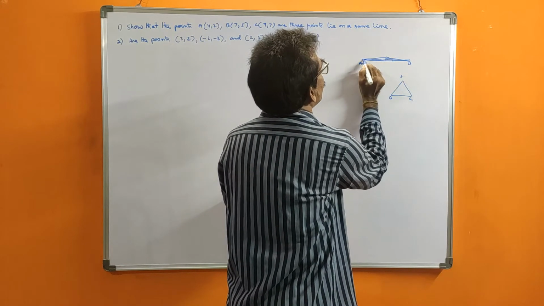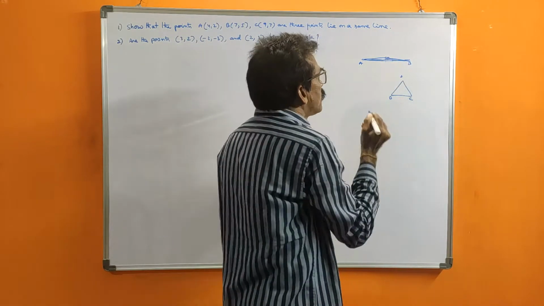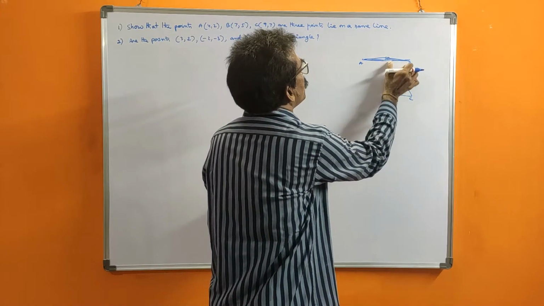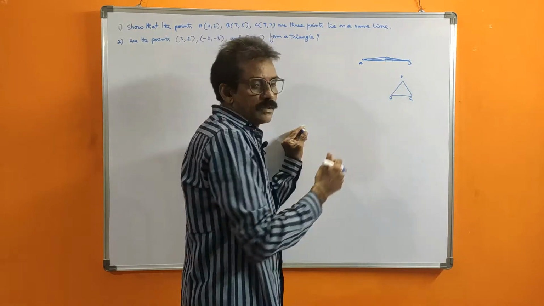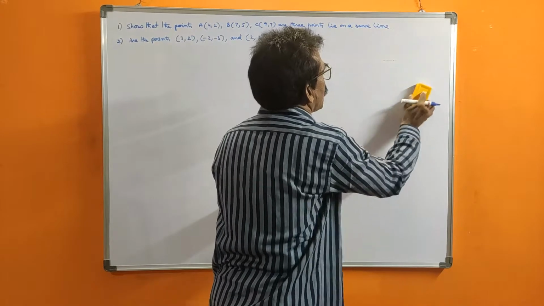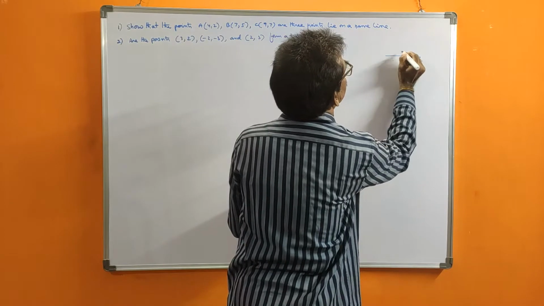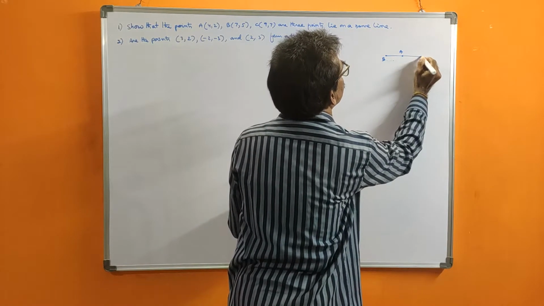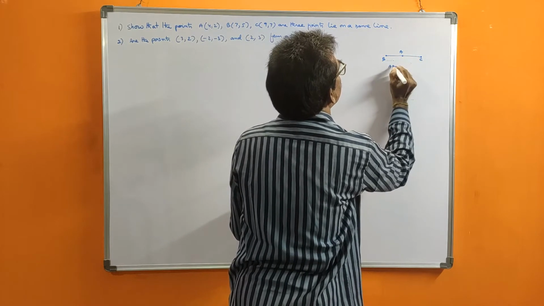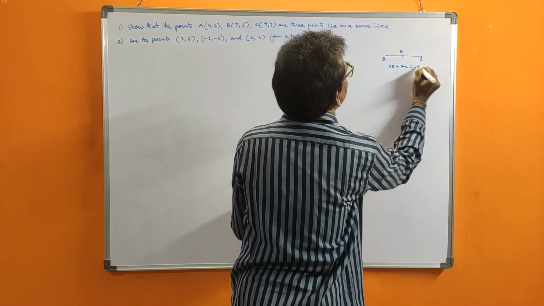So if it is up or down, it will be a triangle. That means if AC plus CB equals AB, then we know it is on the line. That's why the condition is that for the middle point, the two pieces must be equal to the third one. There is a chance A is the middle, or B, or C, so any one of the conditions should be satisfied. If A is the middle, then AB plus AC equals BC.